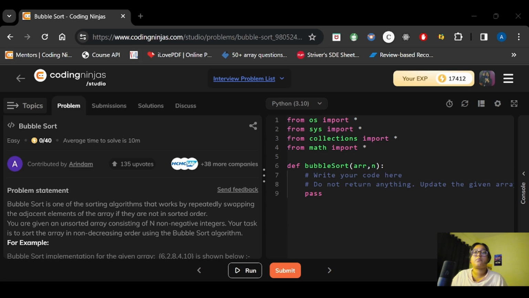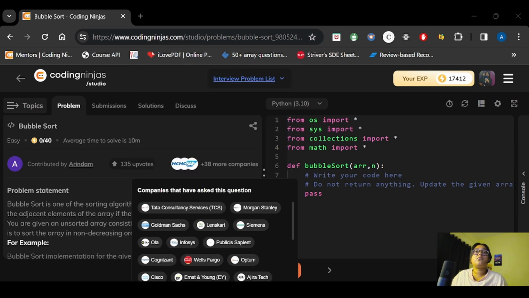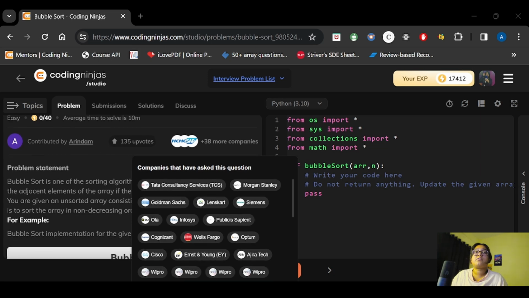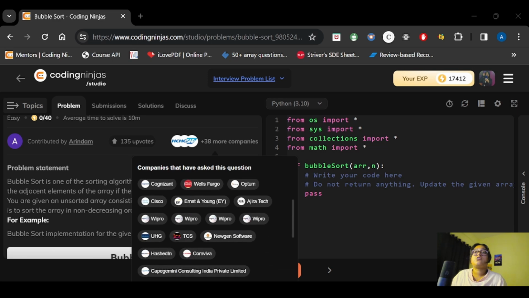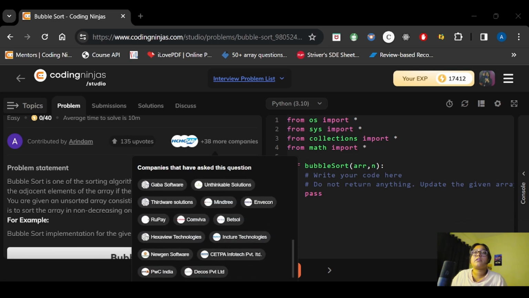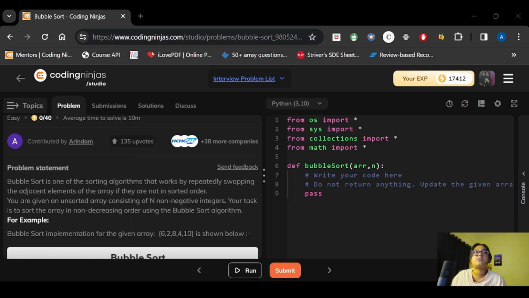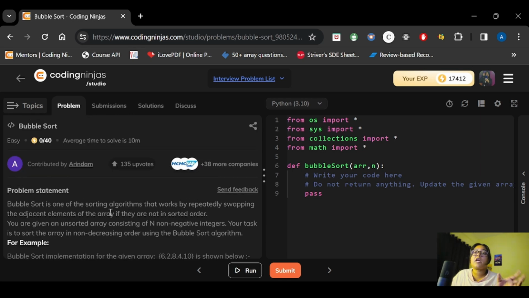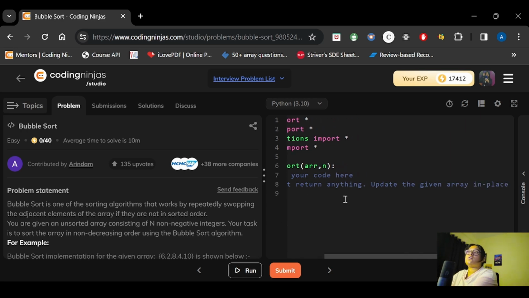You can access it from there and use this code editor, because you will get an idea about the questions and the companies in which these questions are asked. You can see the list of companies in which this question has been asked, and get an idea about how to prepare yourself in each field. So now let's move on to the code.